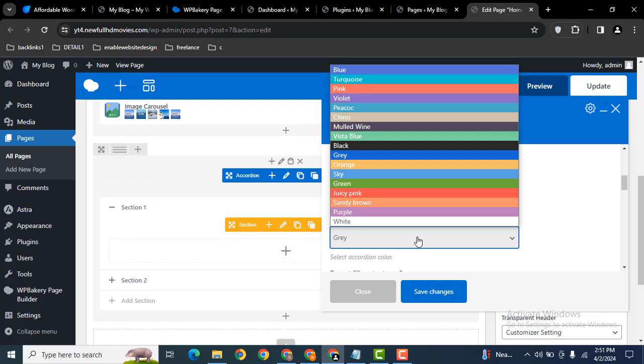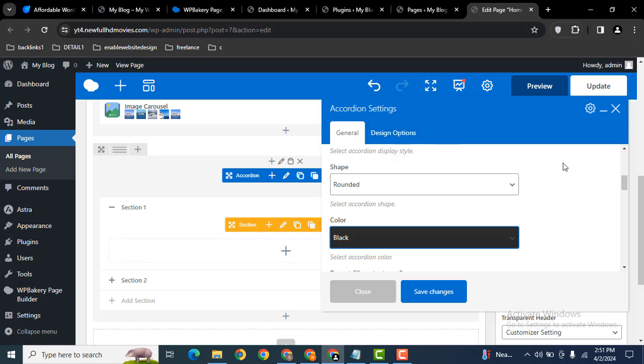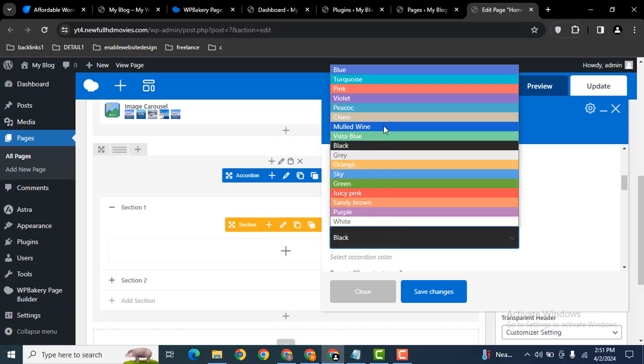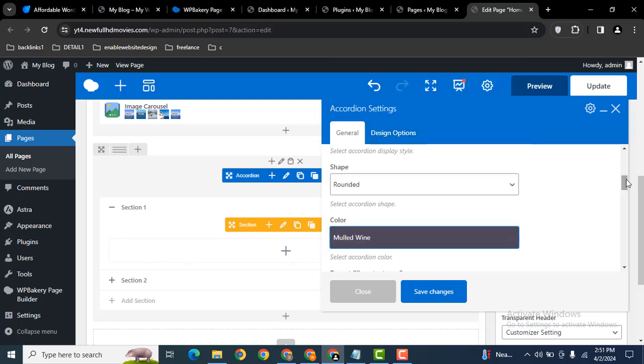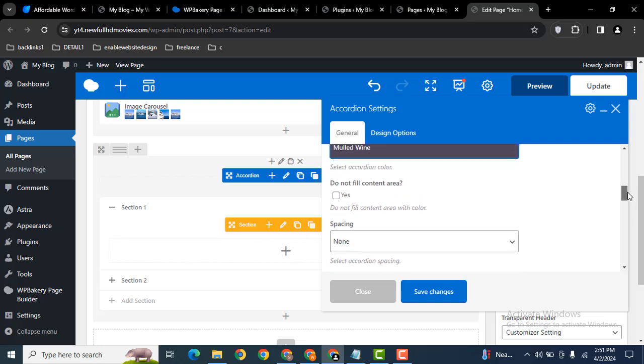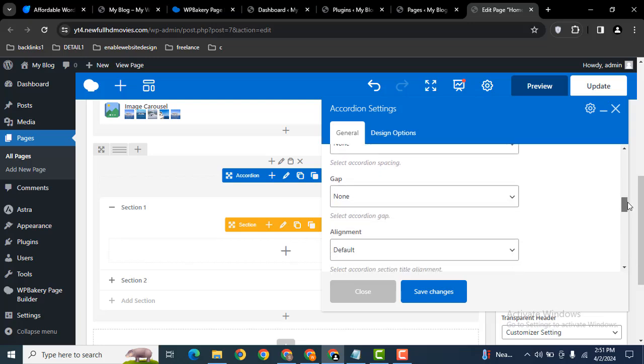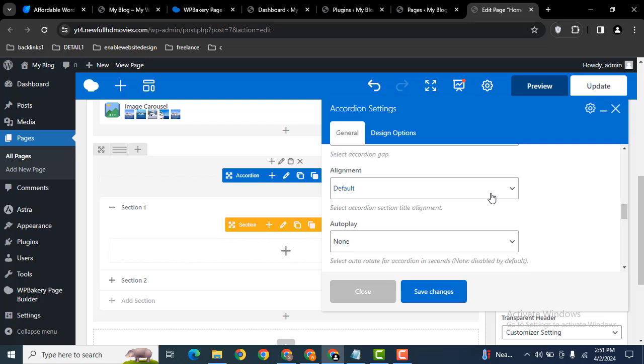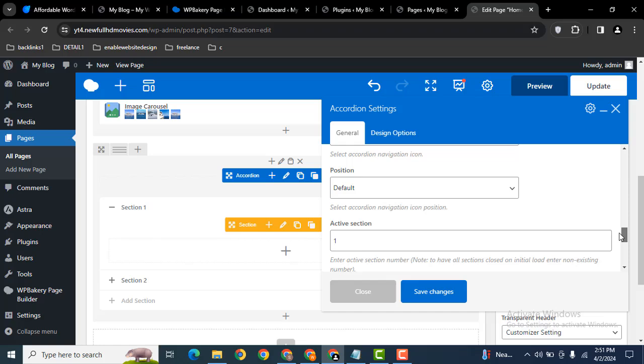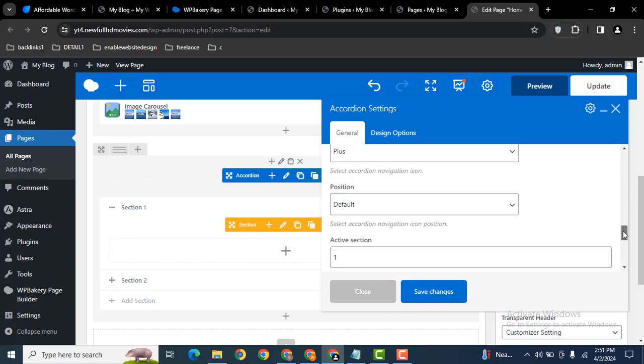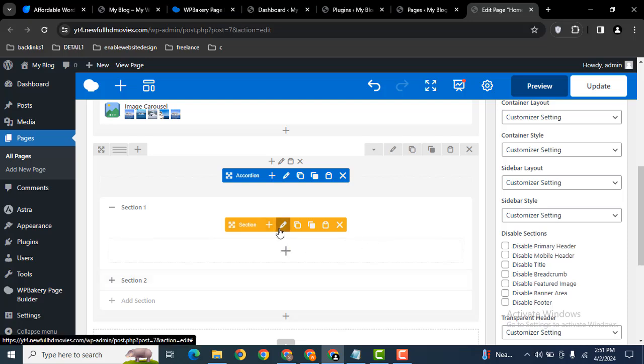So these are various variants, and let me select the color. Let's select a different color. Okay, then this is also for the spacing and alignment. Let's align it to the center. Okay, these are some of the options, and after that for the section,